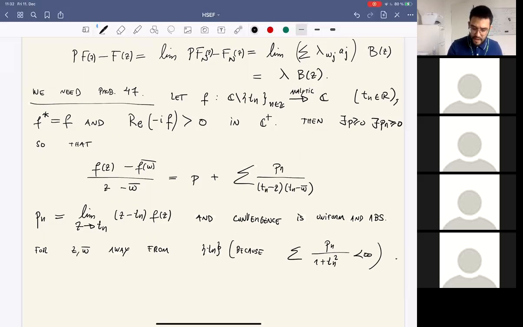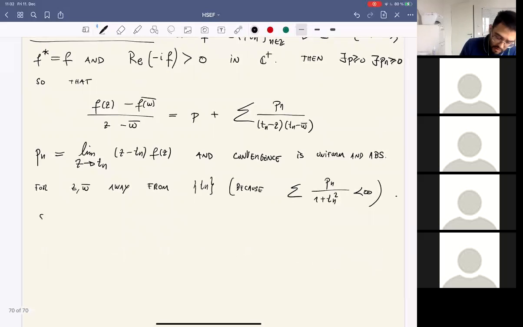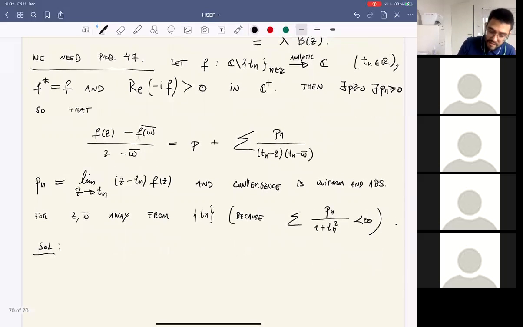So since this is finite, it's easy to conclude uniform and absolute convergence away from the nodes. So I just have to prove that this is finite, and I have to prove some kind of representation. So the solution is actually quite easy because, well, because something has positive real part, I just apply Poisson